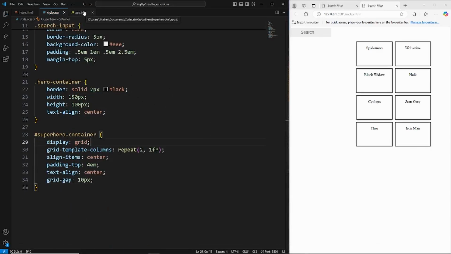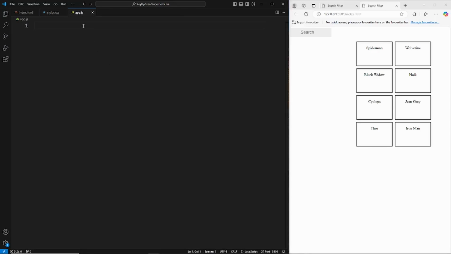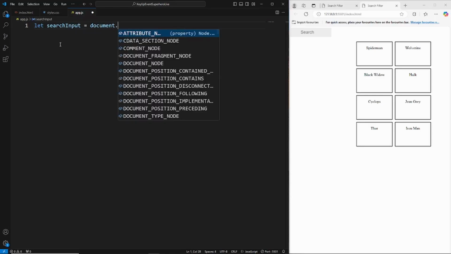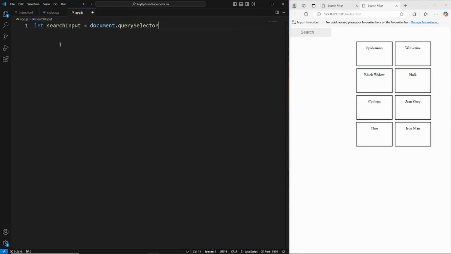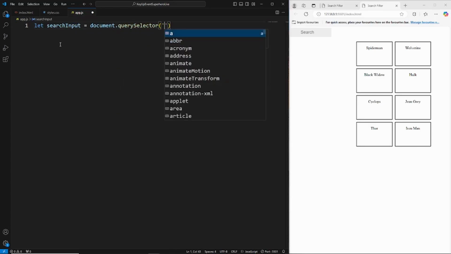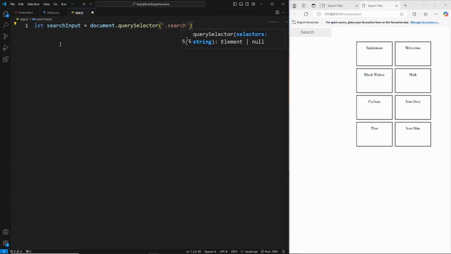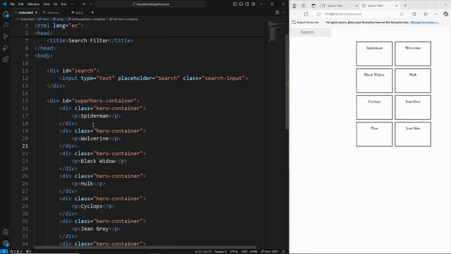Let's head into the app.js now. So the first thing we need to do is just grab our search input here. We can apply the Keyup event to this. So we'll say let search input equal document dot query selector search input. Then next we're going to need to grab all the superheroes,